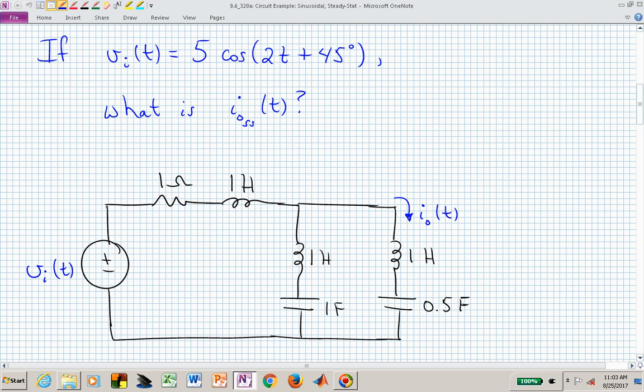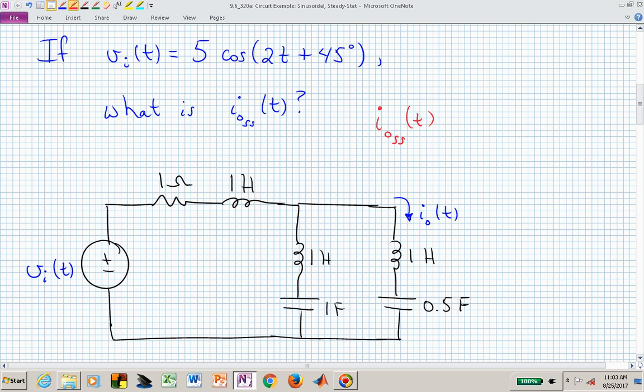Hopefully you could pull out a piece of paper and say, I know that after the transients, which will be gone after 5 time constants,